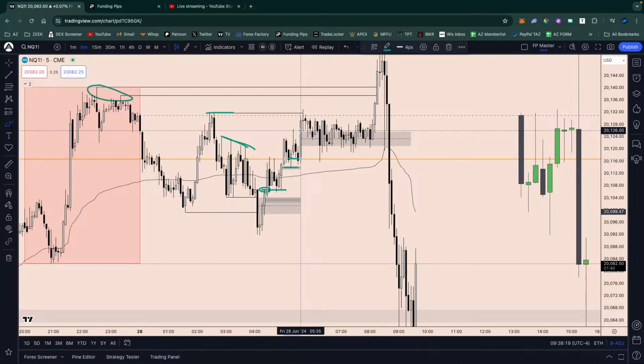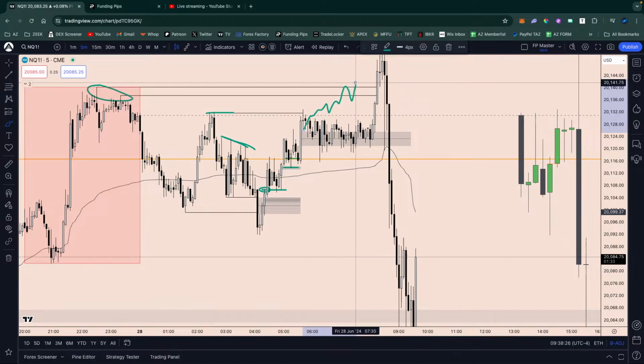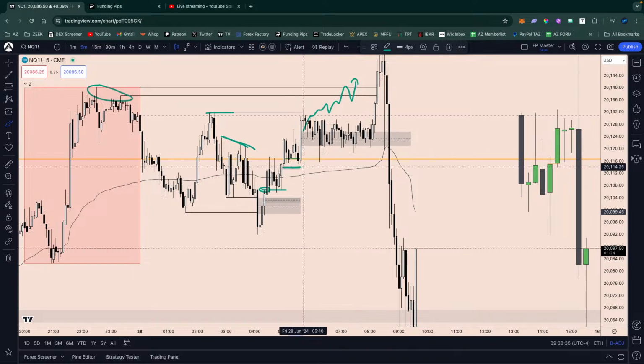And this is where it got a little bit messy, I'd say. While the S&P 500, the ES futures contract, already pushed above the Asia session buy side here prior to the 8:30 news event, NASDAQ just consolidated. I had my stop loss right here below this low. I also shared that